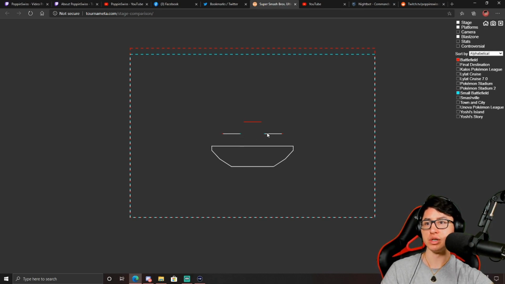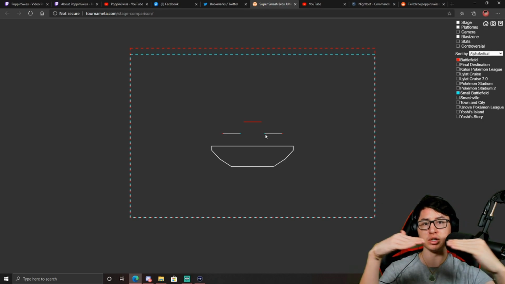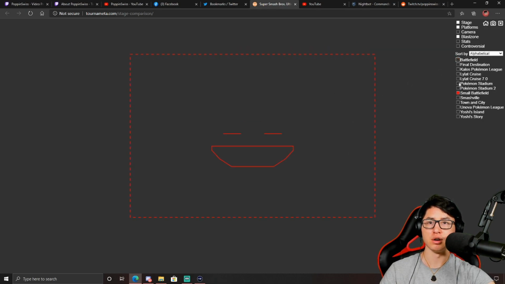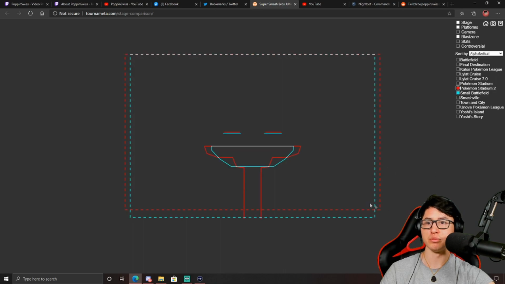But this just implies that the platforms are a little bit closer to each other. So it's a little bit closer than regular Battlefield. So that's basically what we can deduce as far as the difference in the stages of Battlefield and small Battlefield. And just as another visual representation, we'll also go over PS2 because a lot of people are comparing this